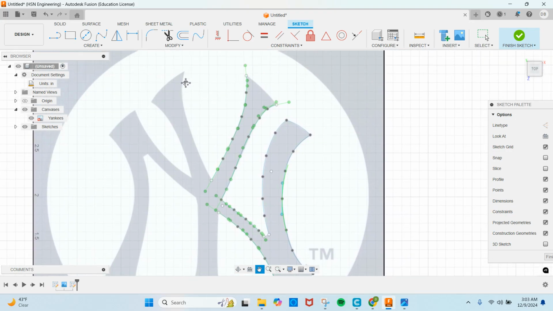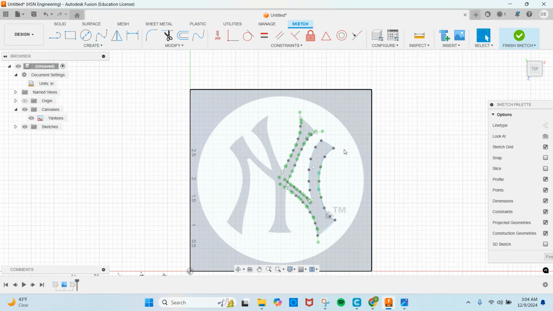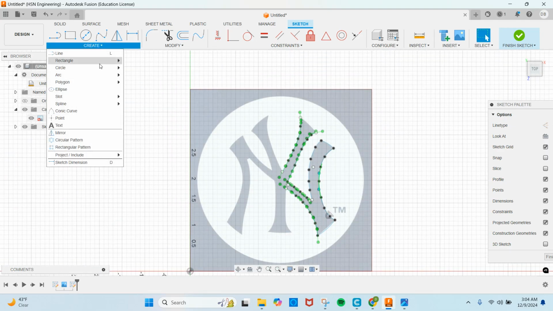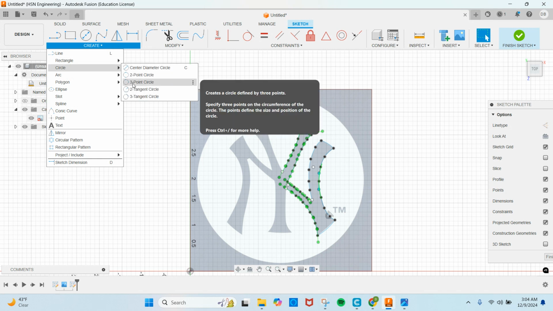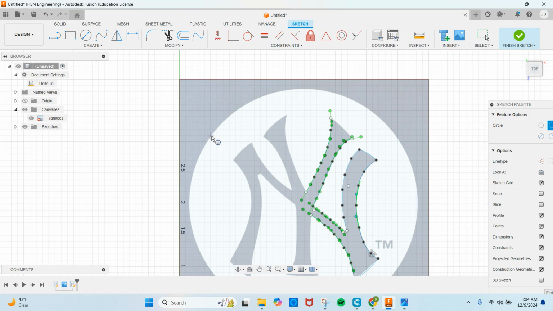So this just takes time, but after you're done, you can extrude this, and then this exterior circle. I always like showing people how simple it is to do circles. If you use a 3-point circle tool and click any 3 points,